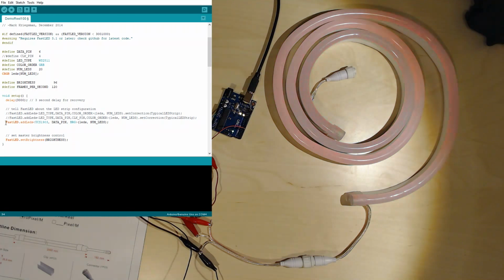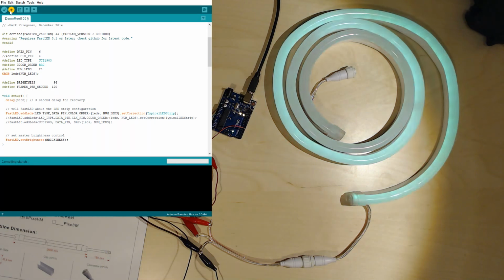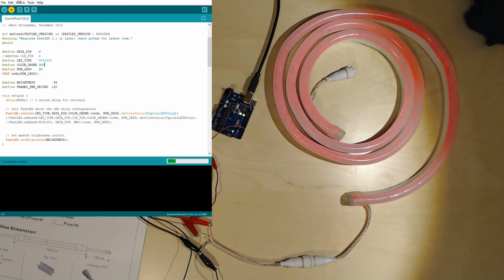They put LED type and color order in pound define here, so now I could set this to UCS1903 and the color order to be BRG, and maybe that will work better. Sweet. So assuming this compiles,